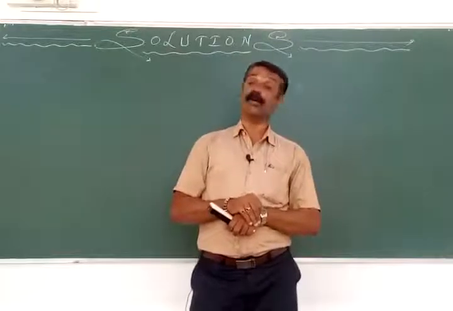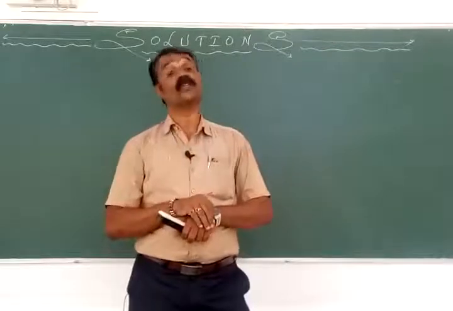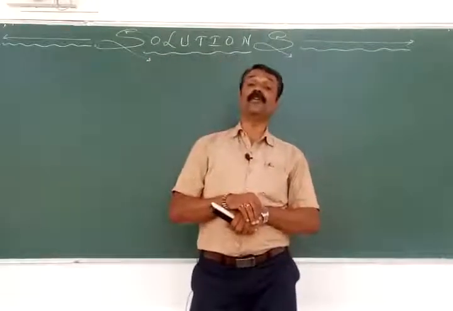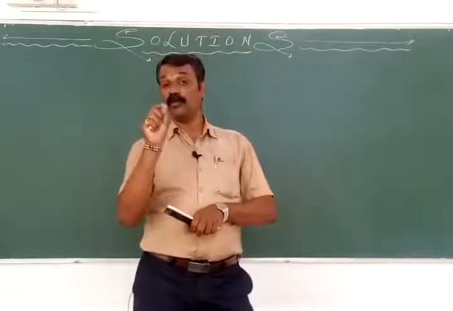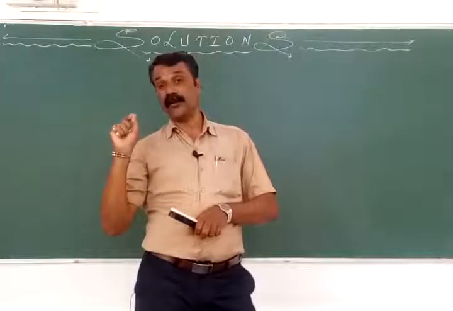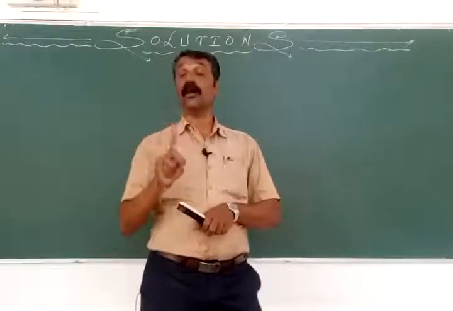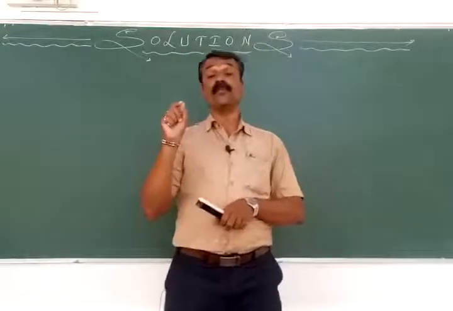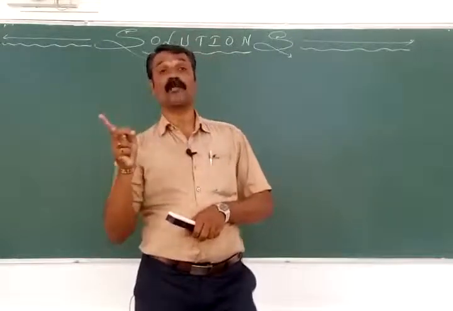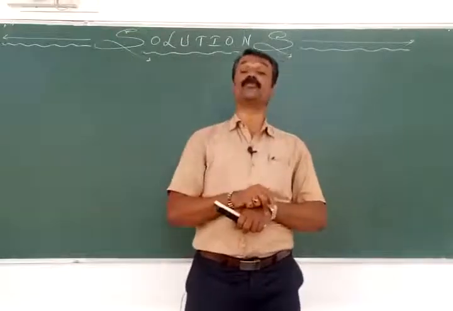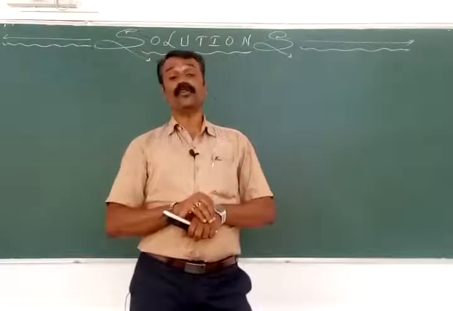Colligative property. Okay. Another important thing is it helps in the calculation of the molecular mass of a solute. Means the lowering of vapor pressure helps to calculate which one? The molecular mass of a solute, which is given by the expression M2 = P° / (P° − P) × W2 M1 / W1, where W refers to the mass, M refers to the molar mass, P refers to the vapor pressure. If it is a subscript of 1, it means solvent; no subscript means solution; subscript 2 refers to which one? The solute.